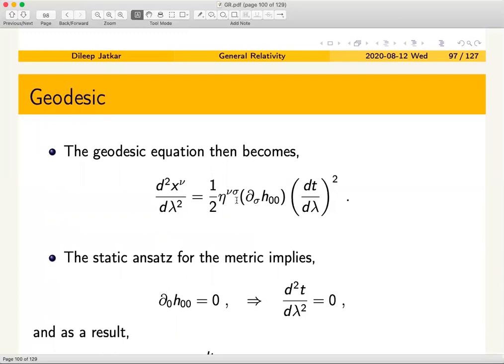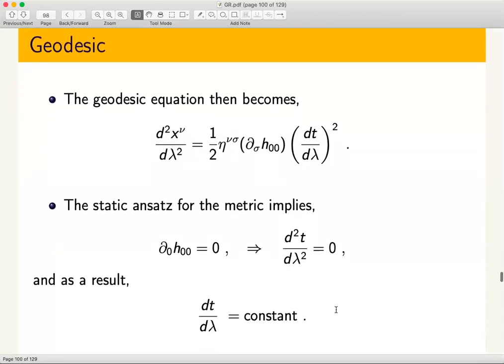So if sigma is 0, nu is also 0. Okay. So that means the second derivative of x0 with respect to lambda would just vanish, because the right hand side vanishes. This entire piece goes away. Okay. Fine. So this tells you that in the non-relativistic limit, you can do a linear identification between t and lambda. This just solves as a linear solution. T is equal to some constant times lambda plus lambda naught or something like that.